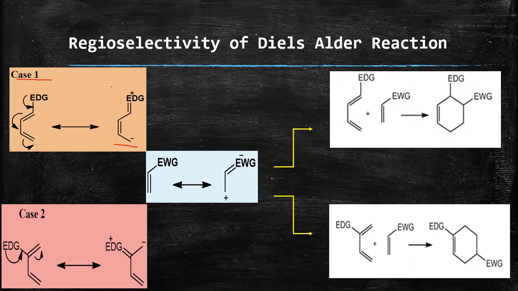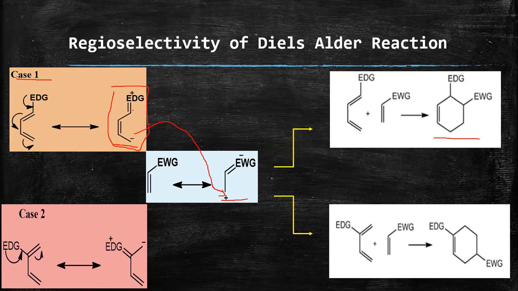If this diene would react with a dienophile which has an electron withdrawing group and is deficient at this carbon, this would attack here, and after the shifting of bonds, we'll get ortho product,